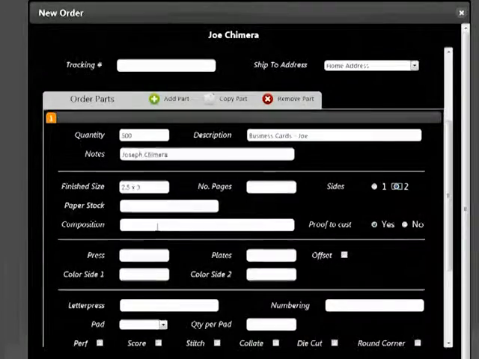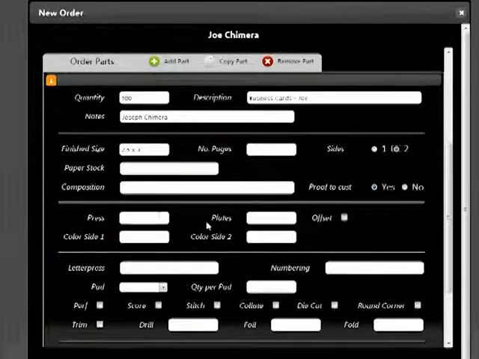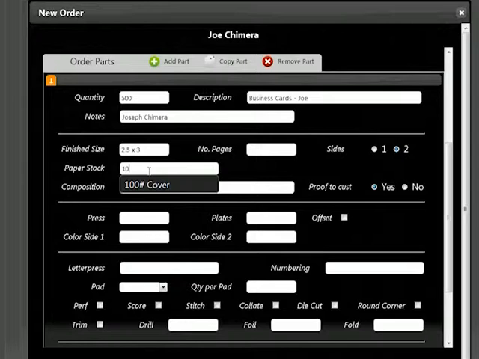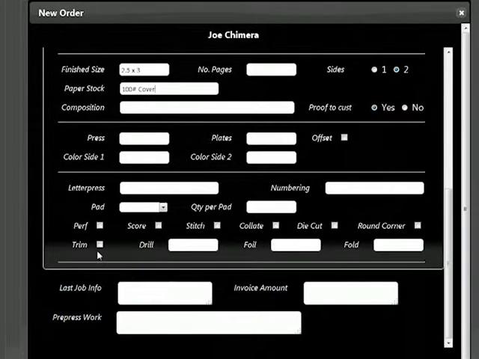This is very specific for a printer, but this is all built for a customer. So it's whatever is on your paper order, we can put that in. Let's say you want to indicate what press it's going on to. Whether it needs trimming, whether it needs padding.